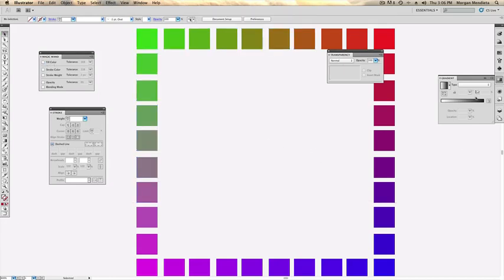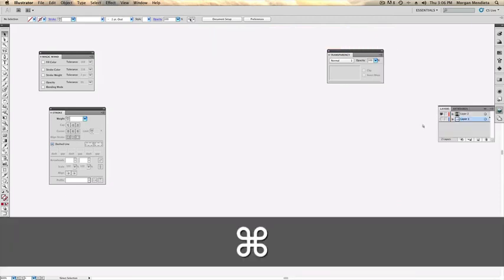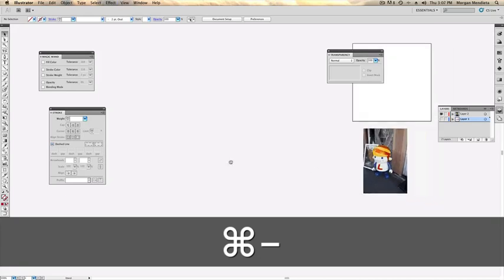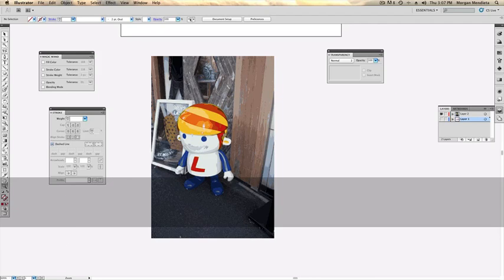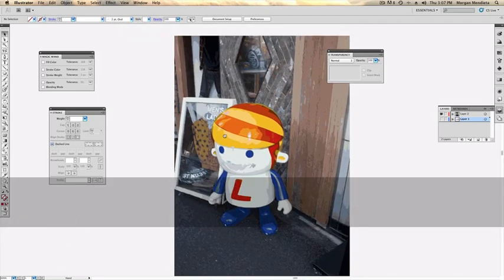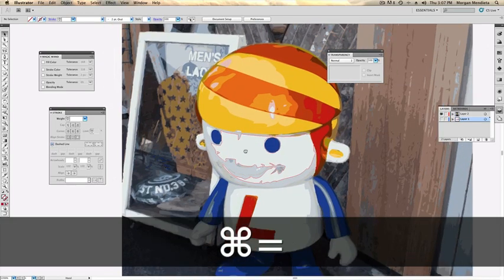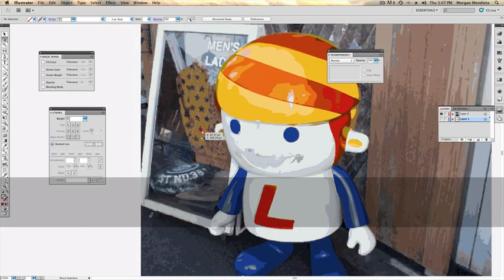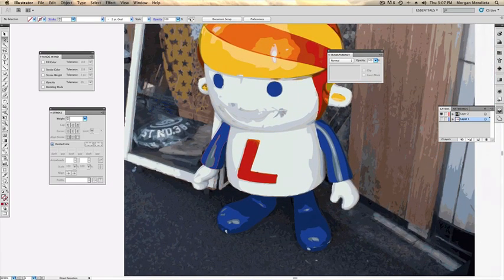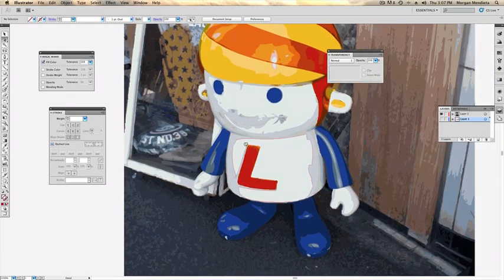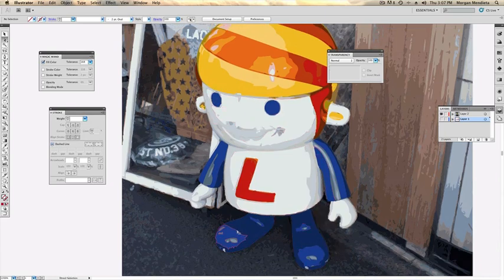I'm going to show you one example where this could be useful. Let me zoom out. So this is actually a photograph I took and I turned it into vector form, meaning there's no rasterization, there's no pixels in this. It's all created from lines and paths. So what I could use the Magic Wand tool for is, say I wanted to turn all this blue into a green. What I can do is use my Magic Wand tool, set my opacity, or tolerance I mean,